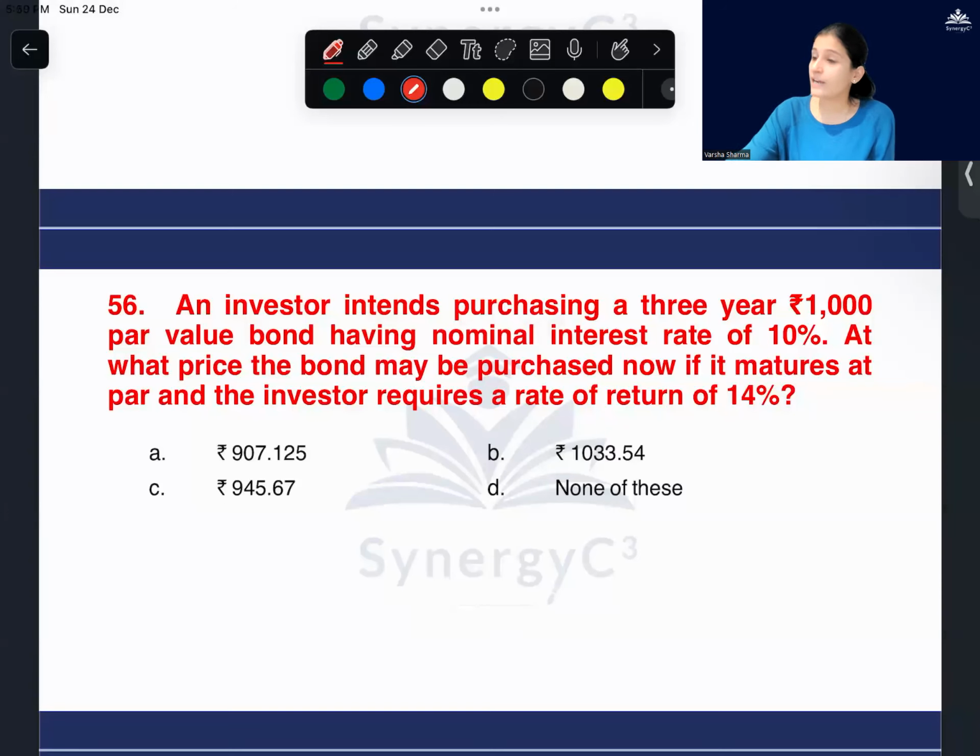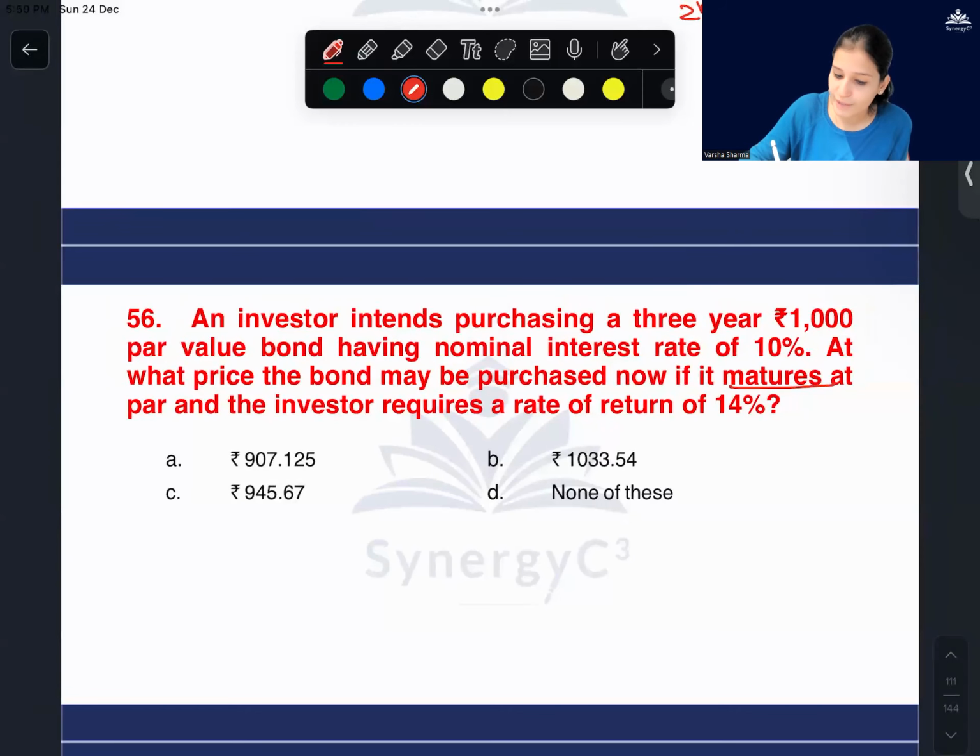At 10%. And one more I'm going to get, again it is calculated at 1,000. Why is it calculated at 1,000? Because it is written that it is going to mature at par, not on an extra amount, not at a premium. If it would have been saying that it is maturing at a premium of 20%, that means initially it was 1,000. When it is going to mature, it is going to increase by 20%. Agree? But here it is saying that when the bond is going to mature, it is going to mature at par. That means whatever was the initial face value, at maturing also we are considering the same value, 1,000 rupees.